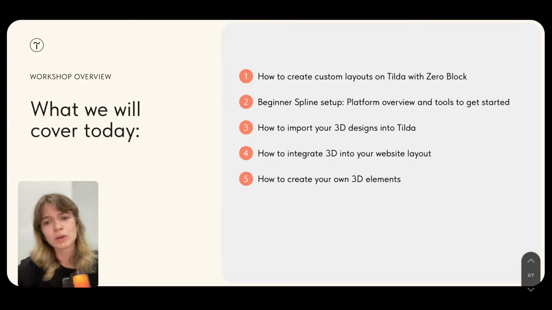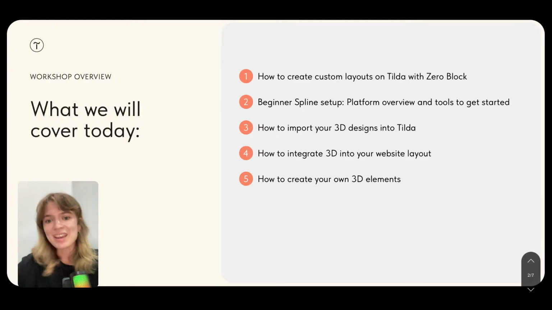So we're going to go to the Spline platform and walk through some basic tools to get started. Nothing too complicated. I know 3D may sound complex, but trust me, there will be almost no coding today. We still would need to copy and paste the embeds, but it's going to be a very user-friendly and beginner-friendly